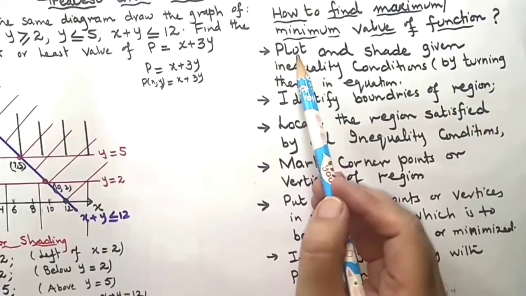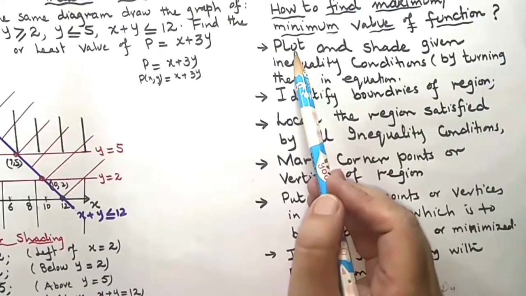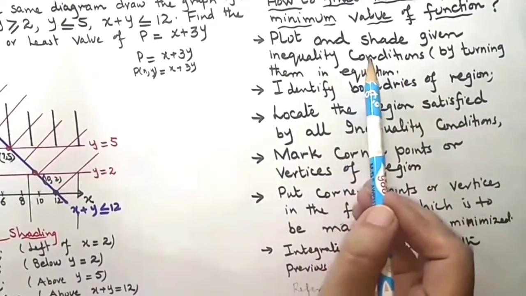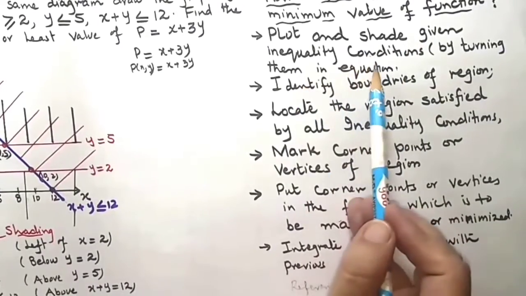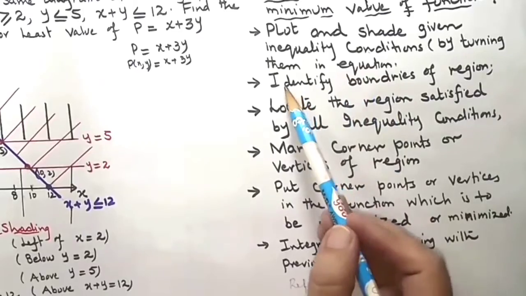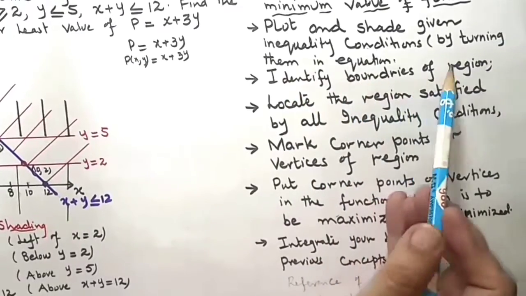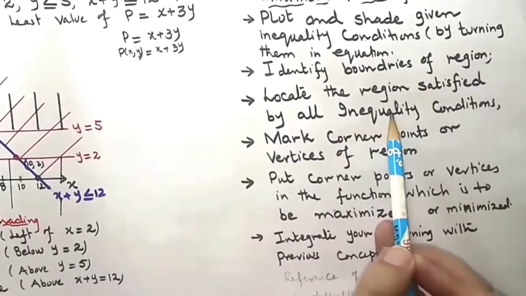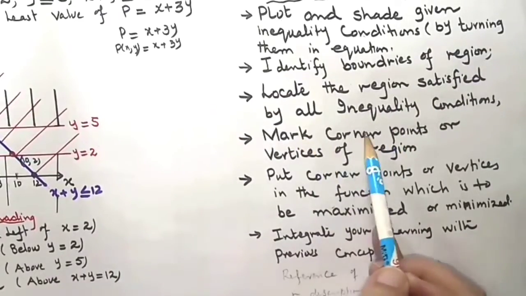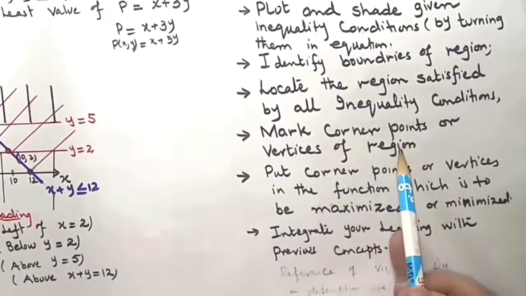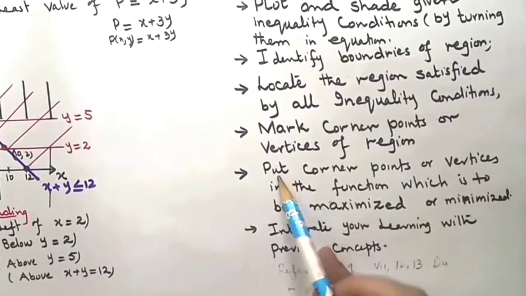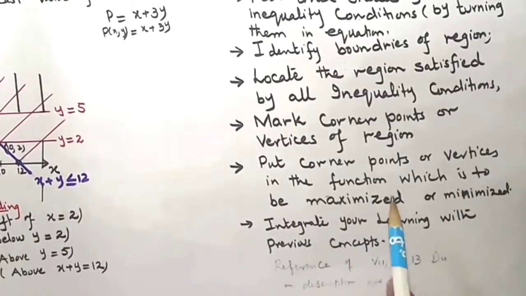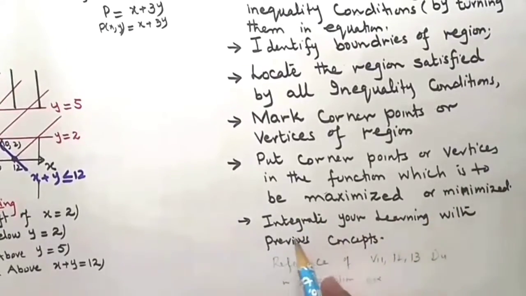The first point is that in order to find the greatest or least value of the function, we have to plot and shade given inequality conditions by turning them in equations. After that, identify boundaries of the region and locate the region satisfied by all inequality conditions. Mark the corner points or the vertices of the region. Put corner points or vertices in the function which is to be maximized or minimized, and integrate your learning with